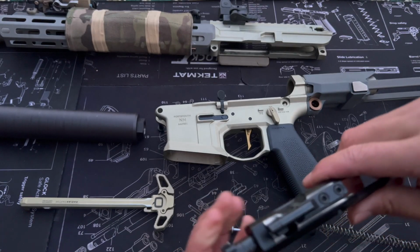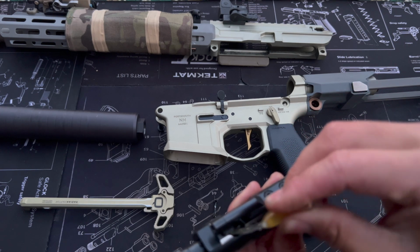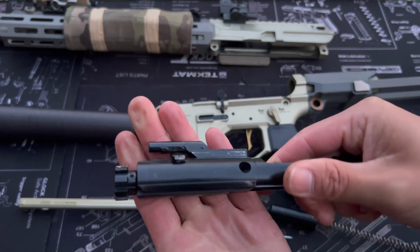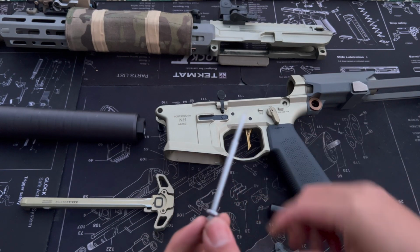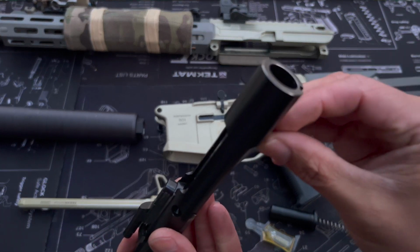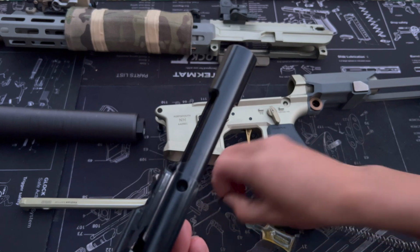Once we got that in, we're going to put some in here. That way it's nice and lubricated while it's moving. So, feels good. Sorry if it's going out of focus, but firing pin. Just put a little bit on there. So push it all the way in, can pull the bolt forward, and then now we have the firing pin